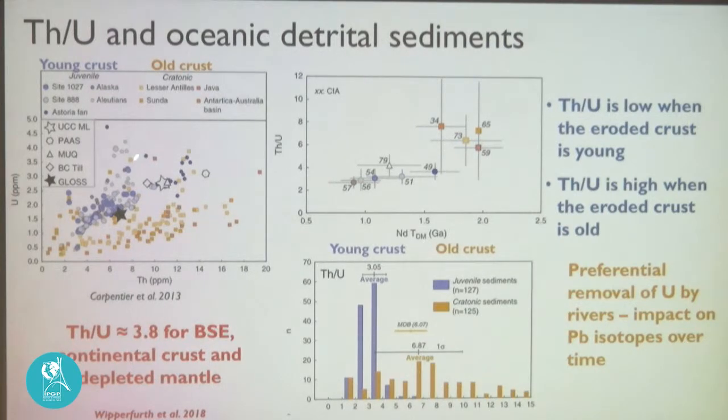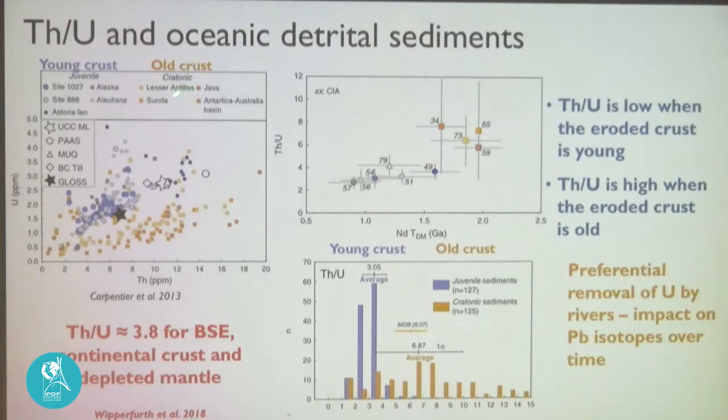Here I highlight a compilation done by my previous student Marion Carpentier, where she plotted the uranium concentration in the sediment versus the thorium concentration in the sediment. She compiled data from all sorts of arcs. Here are arcs in front of Vancouver Island in Canada. There is the Aleutian, there are all these arcs in that area. And here are some sediments that come from the erosion of, in front of arcs, sediments that originate